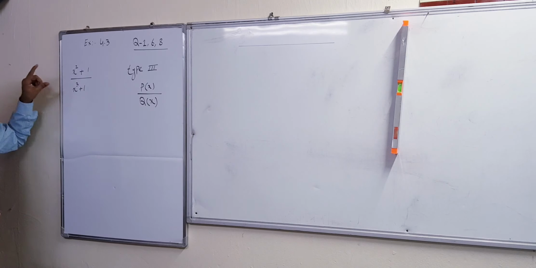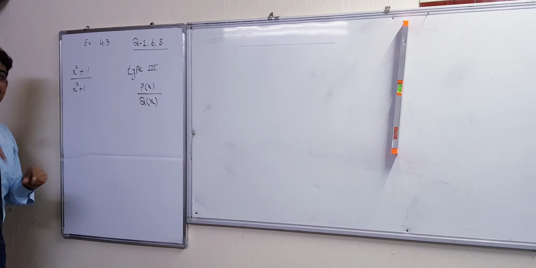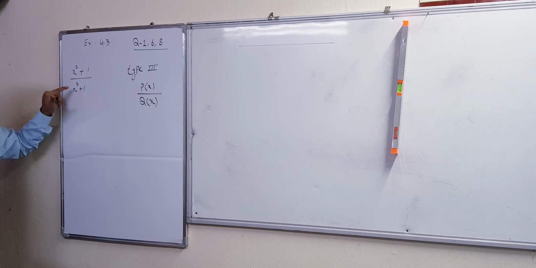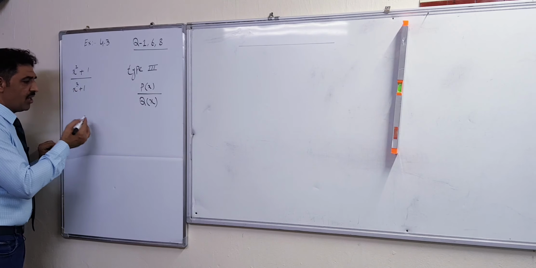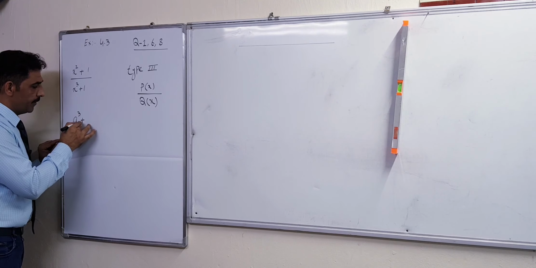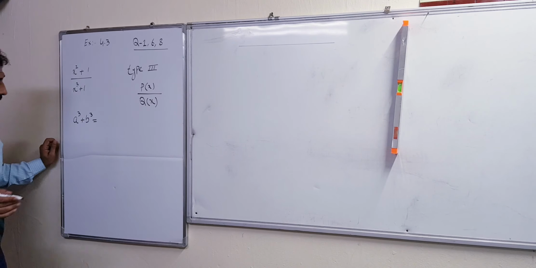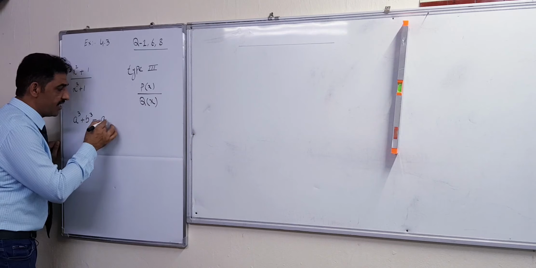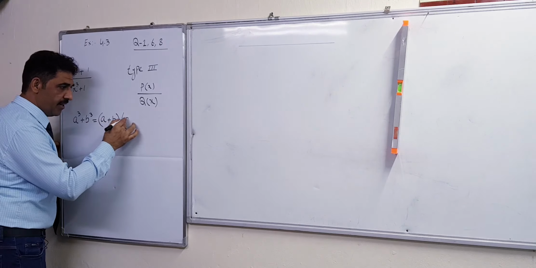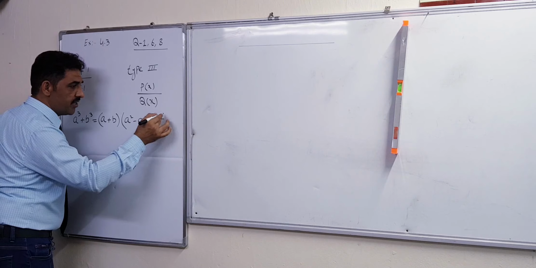First of all, we will check: is it proper or improper? Proper, good. After that, the second step, I told you, is to try to make the factors. Here it is a cubic equation, so make factors. There is one formula you have already studied in lower classes: a cube plus b cube is equal to, who's that? Yes, good. That is a plus b into a square minus ab plus b square.